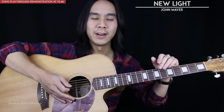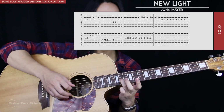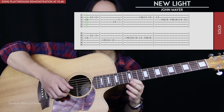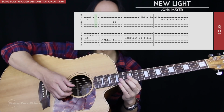And the last thing I'm going to teach you is the guitar solo. Now, in the playthrough, I'll be playing it with an electric, but I'll just teach you on acoustic for now. So to play this, we start on the 14th fret of the 3rd string with our ring finger, and then we go to the 12th fret of the 2nd string with our index, and middle goes onto the 13th fret, like that. So that's a 3-note run,